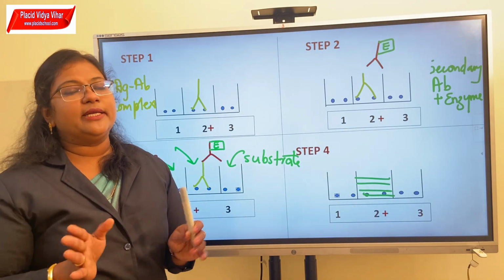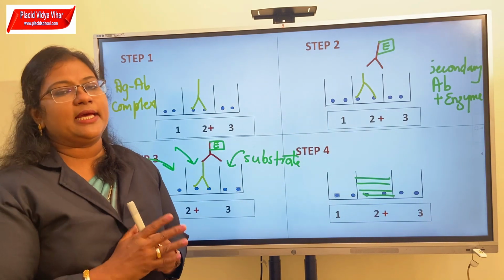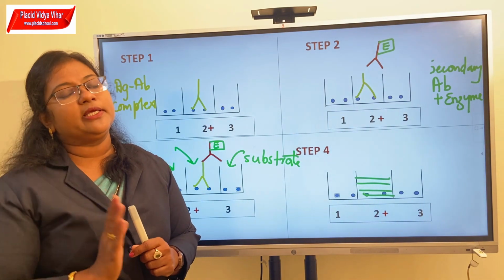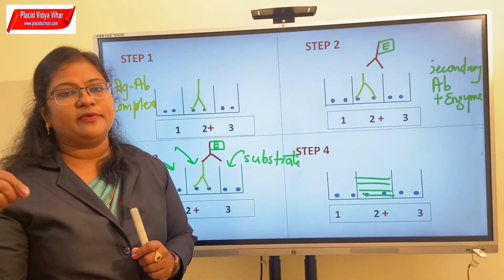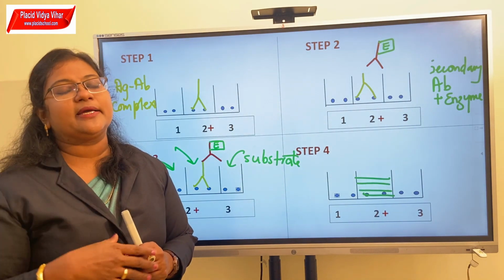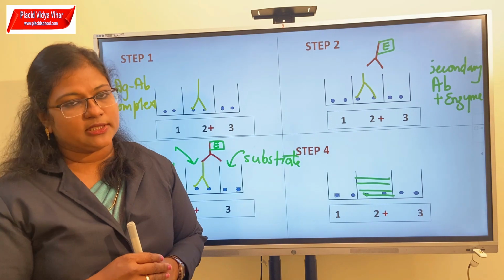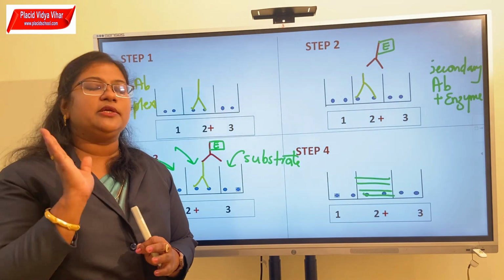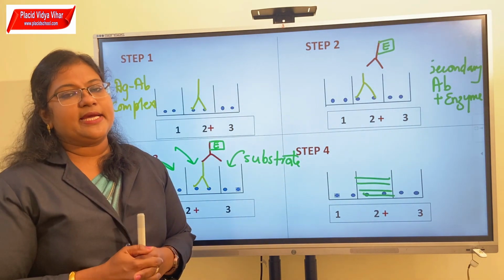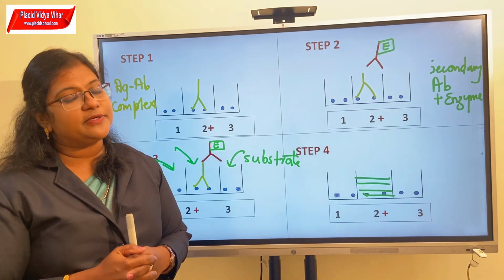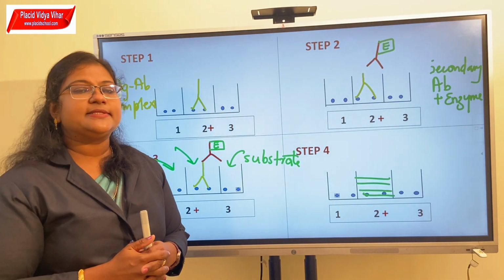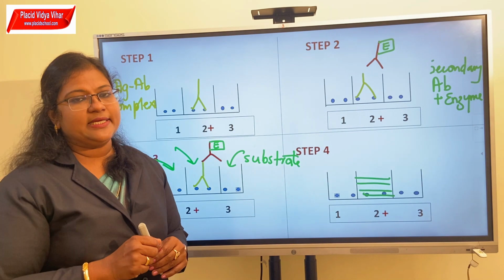Now we don't have to do anything manually. We have to insert it into the ELISA reader, and the reader will give you the result. They will tell you these all wells are positive. You just have to trace back the serum samples to see which are the positive ones. It will also give you a titer of the antibody in each well if it is positive. So that is the principle and working of ELISA.